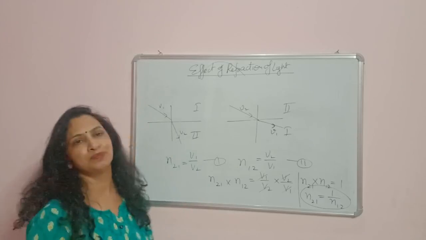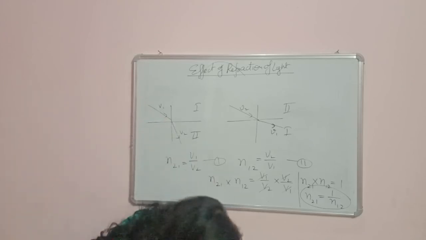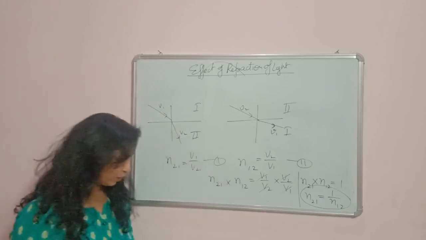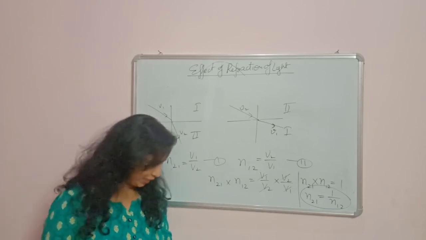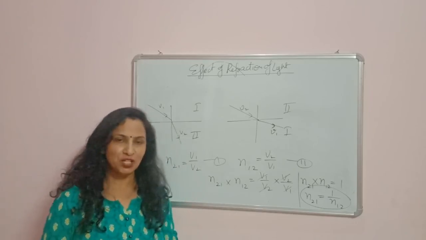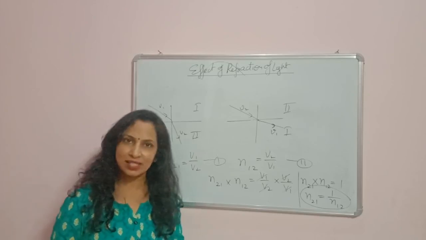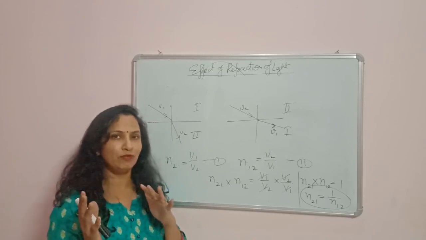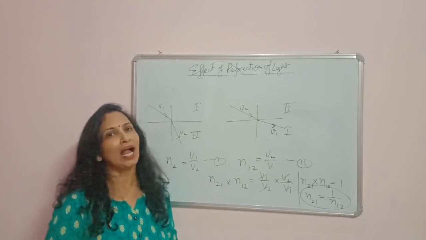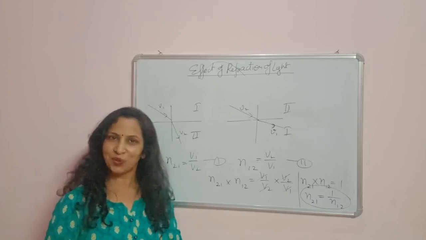So okay, this is about the refractive index. In case of any doubt, you can ask me in your Zoom classes about the refractive index. So this is all about the refractive index. In the next classes, I will explain the refraction of light through lenses. We have two lenses, the concave and the convex lenses. First of all, I will explain how we can form images by using the lenses, and then I will explain the numericals based on these lenses. Okay, bye.